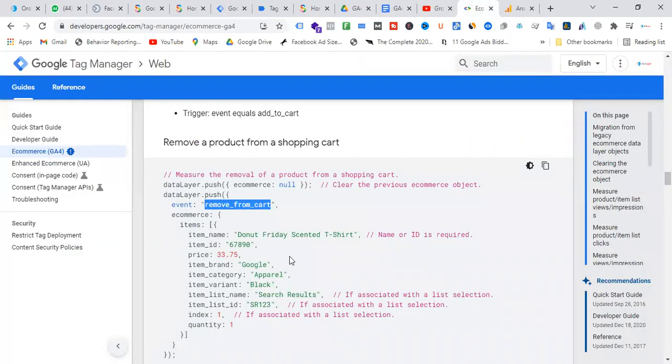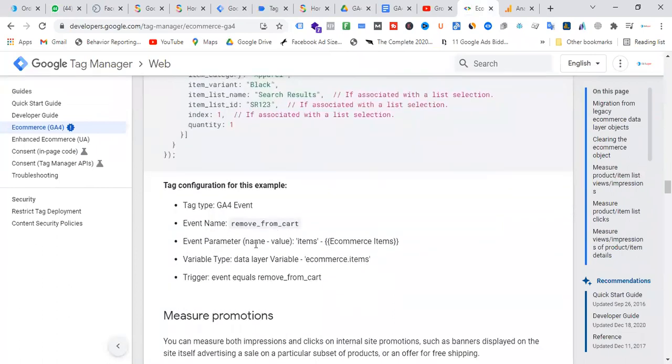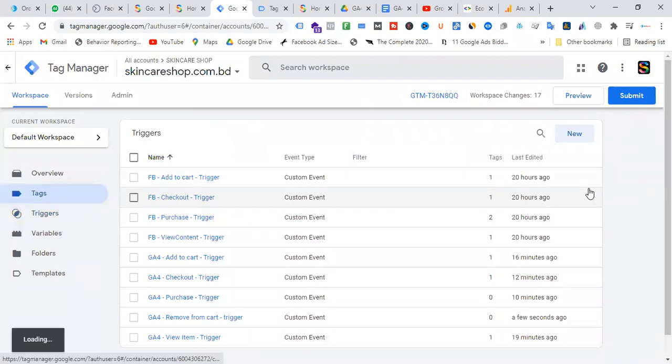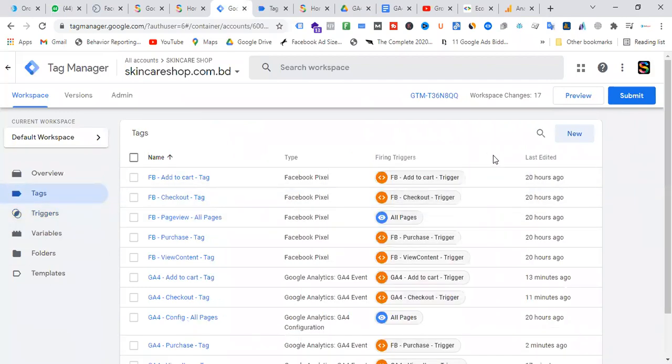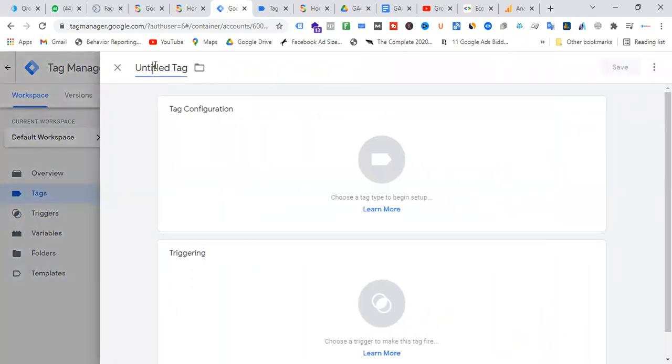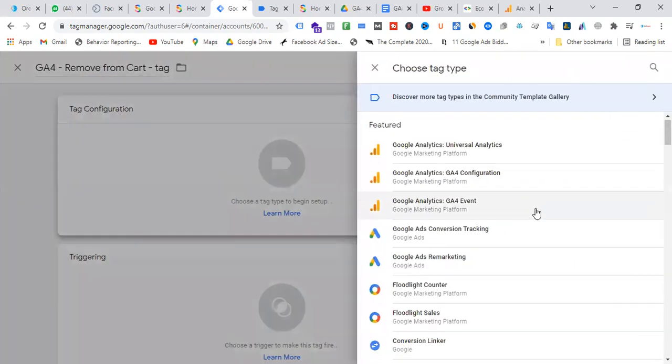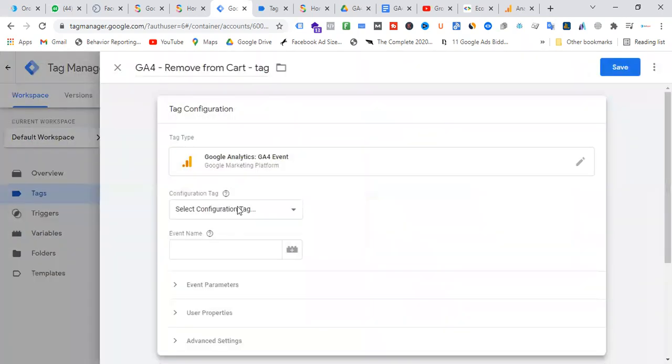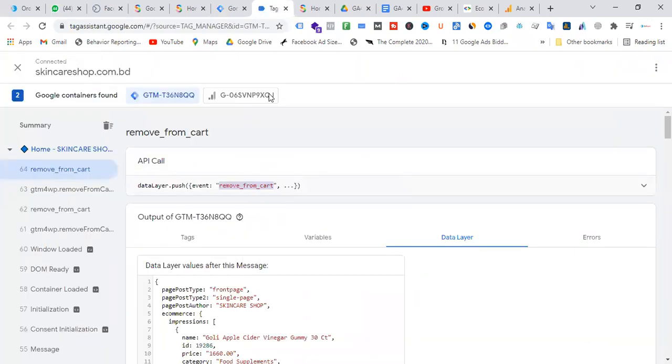Now we can use the same way. Yeah, same way. So we can create a trigger. Sorry, now I'm going to create a tag. Just go to the tag section, create new tag, GA4 remove from cart tag. Okay. GA4 event tag, configure GA4 tag. Tag name is remove from cart.